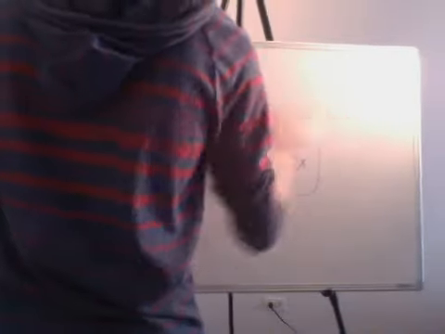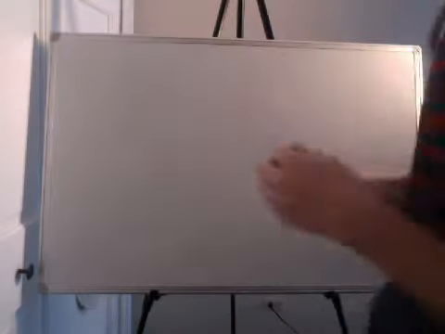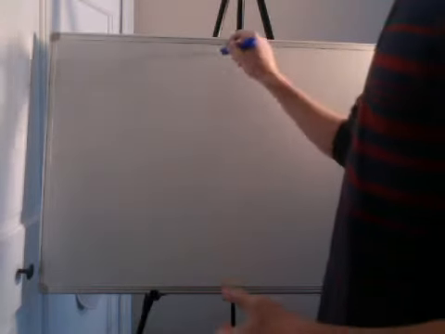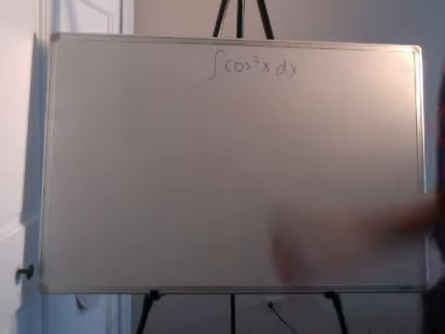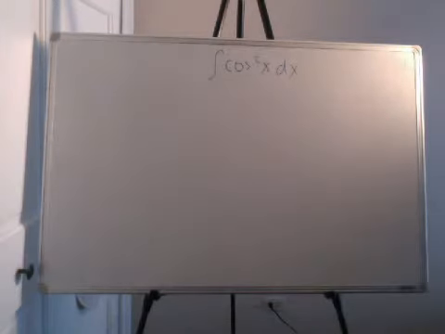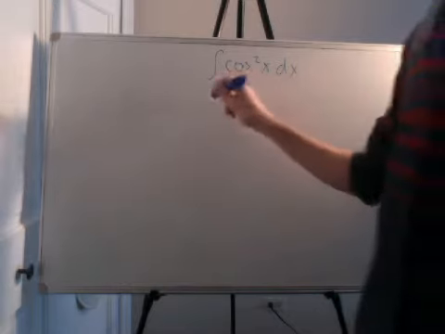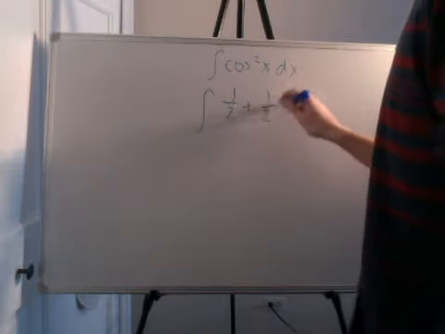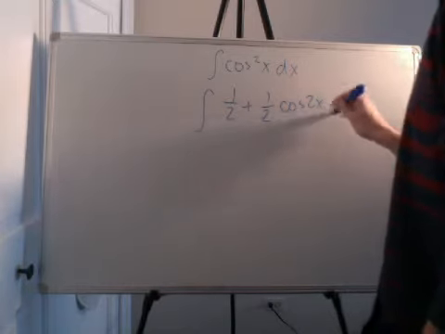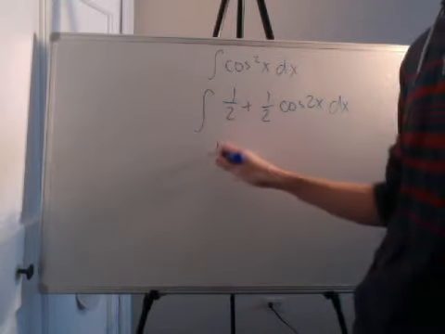Well, now it's time that they're going to be asking you for things such as this. What is the antiderivative of cosine squared x? Well, to do this, you would just plug in the things that you know from pre-calc, and you would know that this is the same thing as saying the antiderivative of 1/2 plus 1/2 cosine of 2x, and you know how to do that. The answer would just be 1/2 x